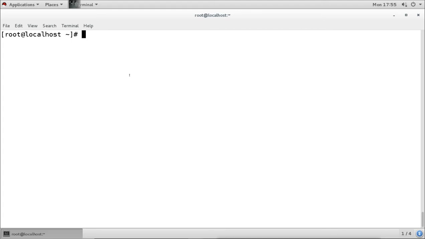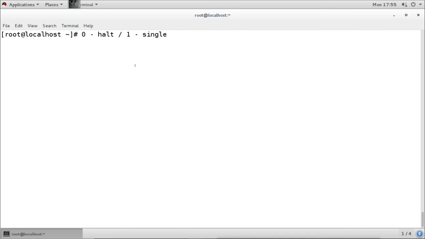Run level 0 was for shutdown. It is actually called halt. That means when your system goes to run level 0, it shuts down. Run level 1 is for single user. Single user means only one user can log in.